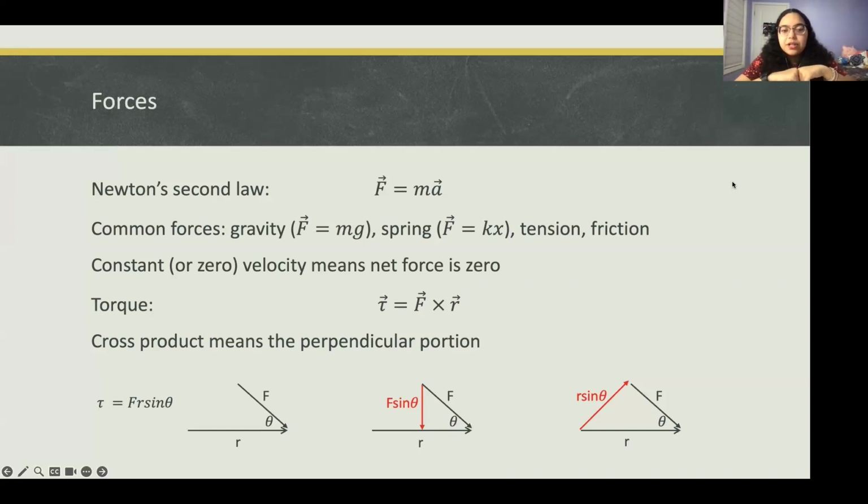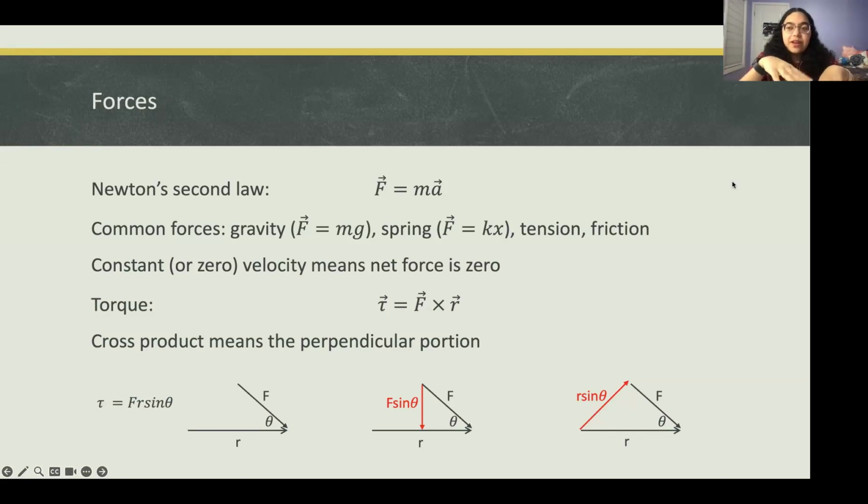And so for cross products, you're taking the perpendicular portion. In the example on the bottom there, you have a force at an angle theta to your radius. You can think of the perpendicular portion of either the force or the radius. It confuses some people, but you can do either one, whichever works better for you. The first one is if you do F sine theta, you're taking the part of force that's perpendicular to the radius. I took the diagonal force and thought about which component of it is 90 degrees to the radius and split it up that way. Using the theta, you can figure out in the triangle that would be F sine theta, that red arrow. So I do F sine theta times R.